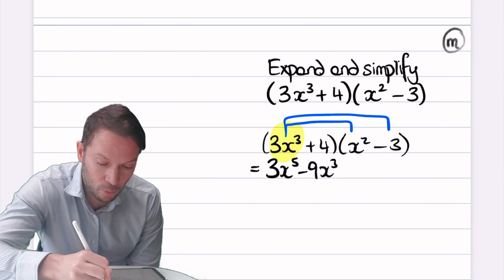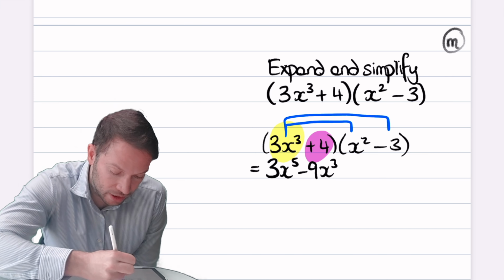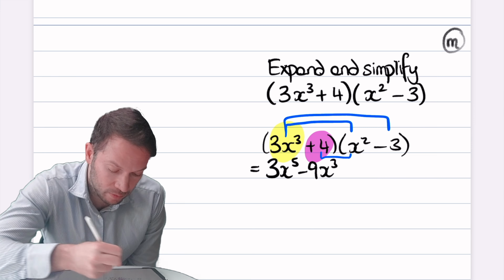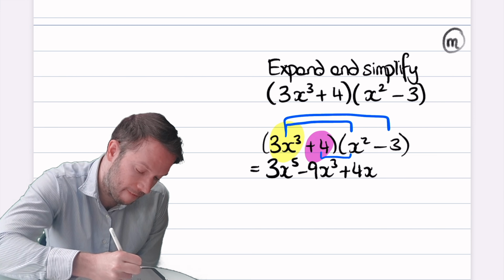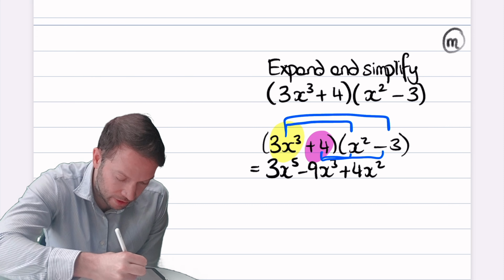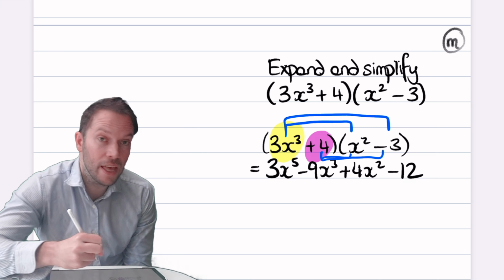And now we do the second thing in the first bracket multiplied by each thing in the second bracket. So we're going to do the plus 4 times the x squared, which is plus 4x squared. And then we're going to do the plus 4 times the negative 3, which is negative 12. Now, do we have any